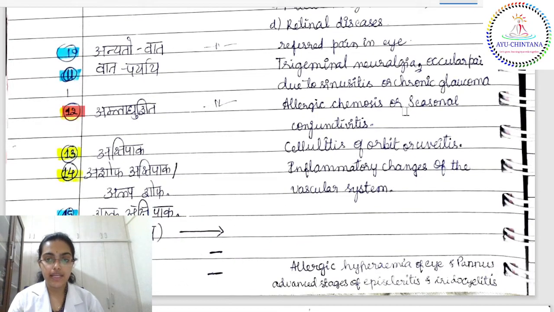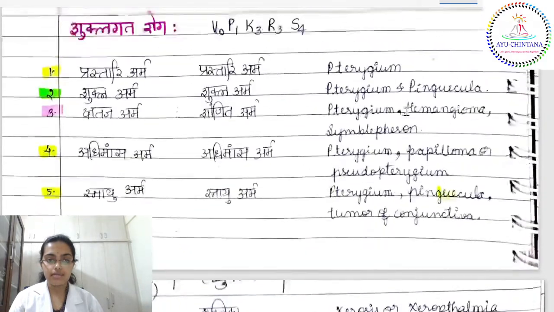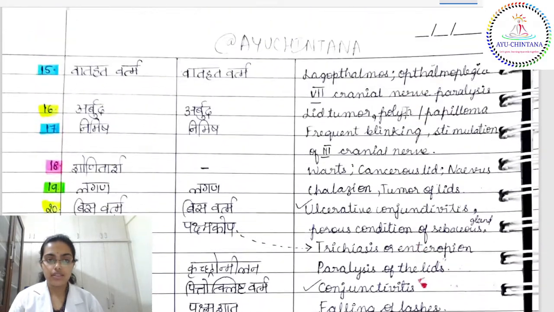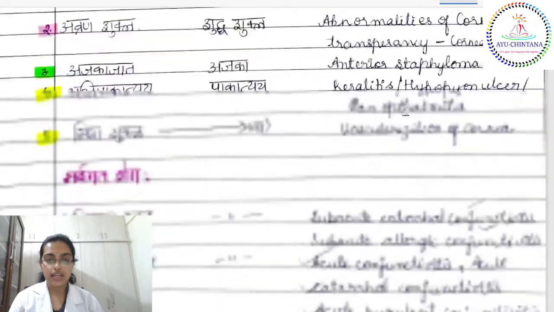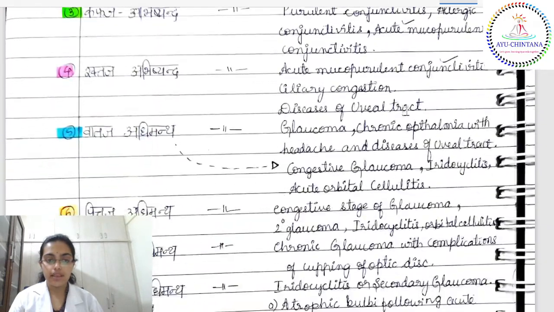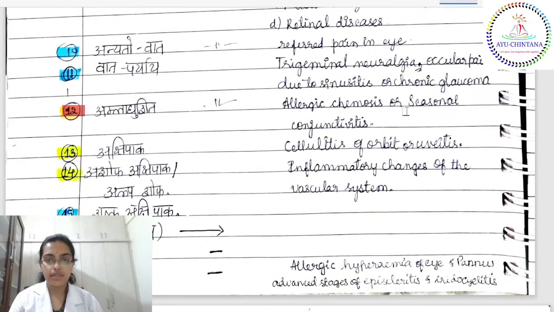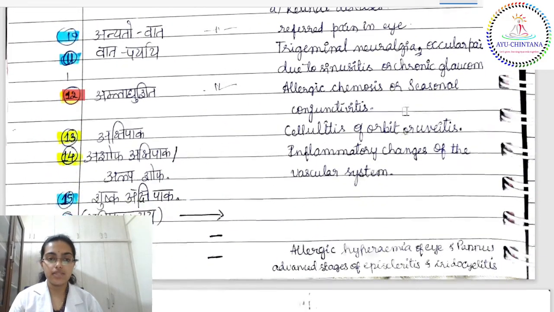Anyato Vata is referred pain in the eye. Vata Viparyaya is the trigeminal neuralgia, which is the other neurological condition that we saw before. Vata Hatavartma, in Nimesha also that correlation is there, right? See up above here. Vata Hatavartma is related to the seventh cranial nerve. Nimesha is related to the third cranial nerve. And another neurological condition here is Anyato Vata, Vata Viparyaya, which is trigeminal neuralgia.